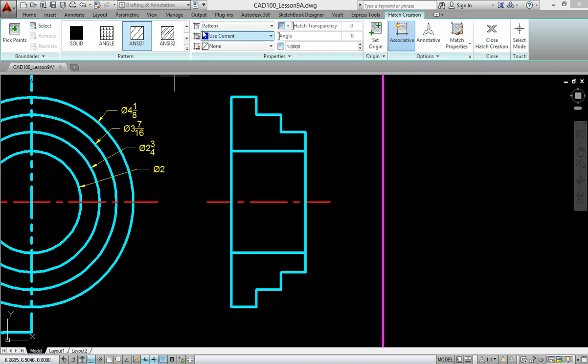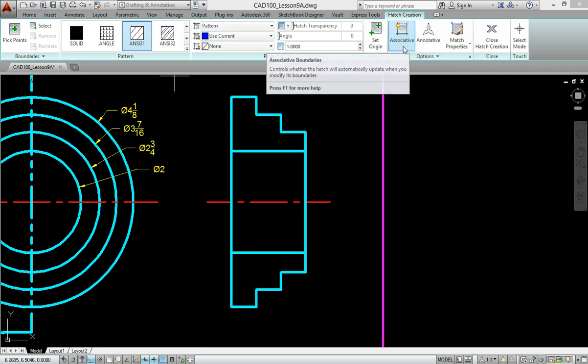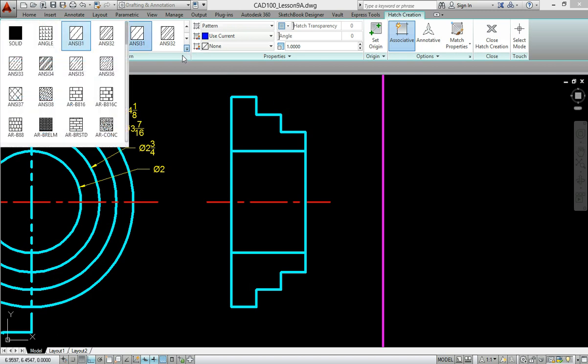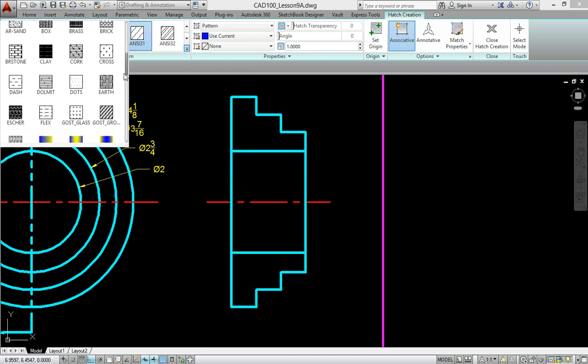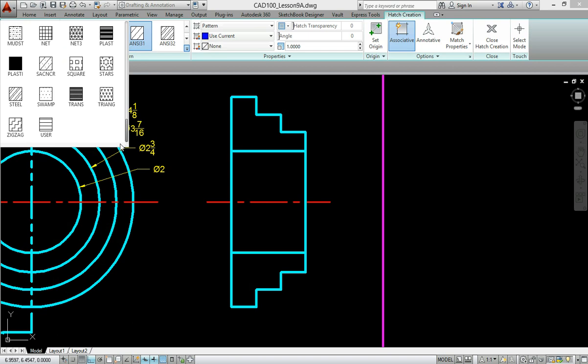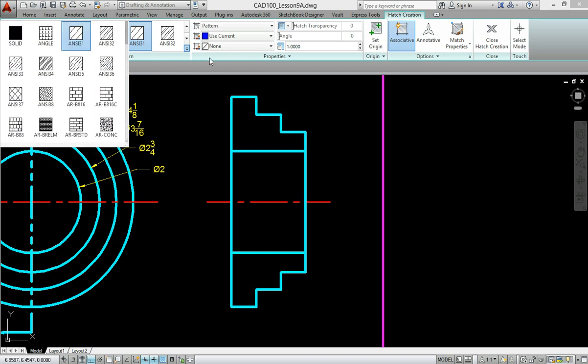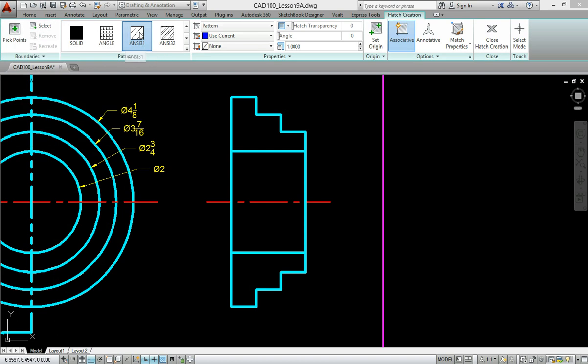The ribbon will change. There's new features in here. One of them being associative means that it updates when the boundaries change. The pattern for cut metal is ANSI 31. There are, however, many other hatch patterns for different reasons and different types of drafting. Keeping that one current,